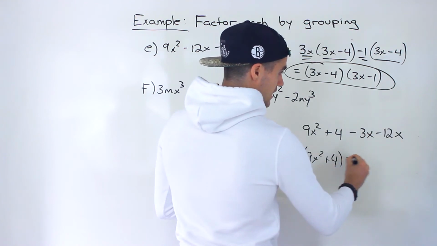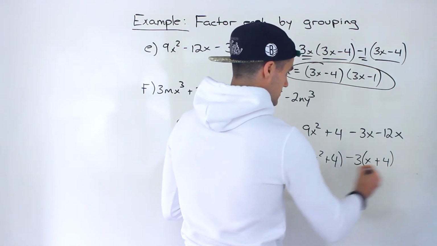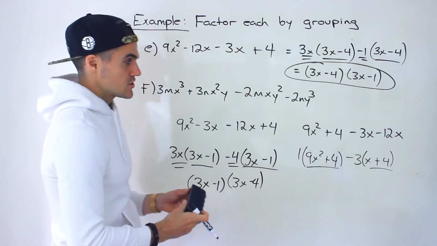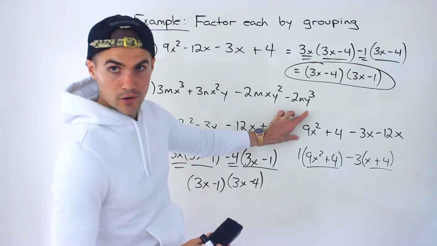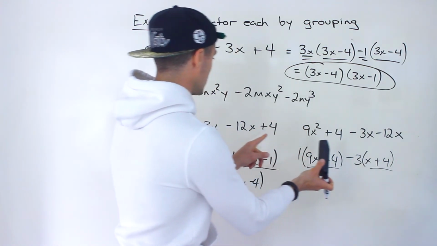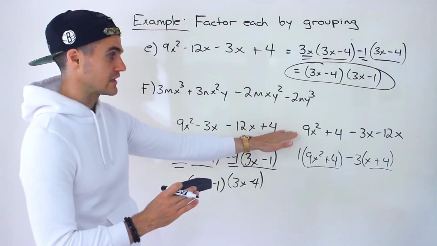Then from these two, we could take out a minus 3, but then we're left with x plus 4. Notice that this bracket and that bracket aren't the same. So in this particular case, factoring by grouping wouldn't work, so you'd have to rearrange it. Sometimes it's a bit of trial and error, so you've got to be careful with stuff like that as well,